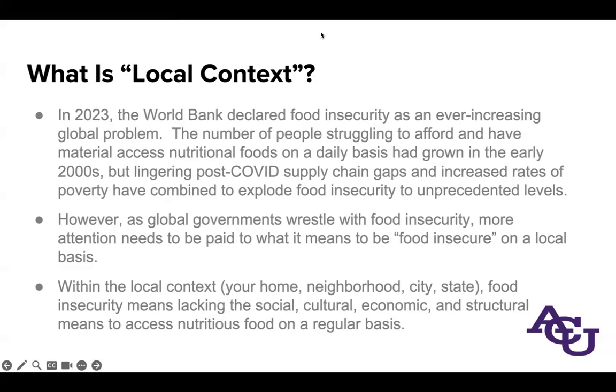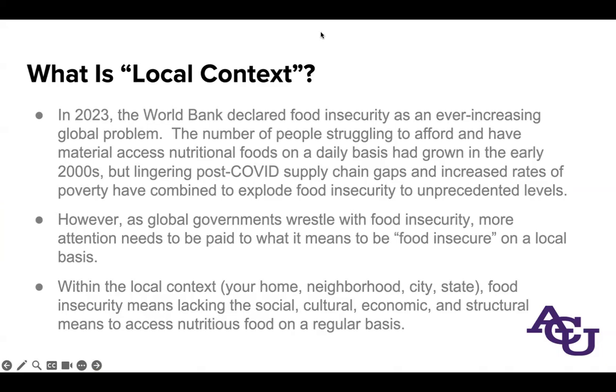Because the World Bank was created in the late 1940s after the United Nations was created, and it's an international funding group that focuses specifically on funding developing nations, helping the poorest nations in the world increase and protect themselves, protect their people and everything. So the World Bank defines food security as what occurs when people have adequate economic and physical access to nutritional foods on a regular, ongoing basis.